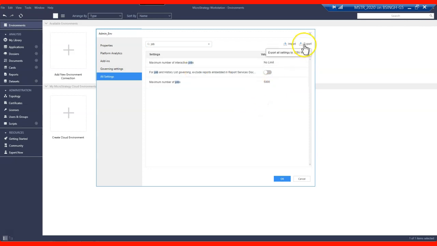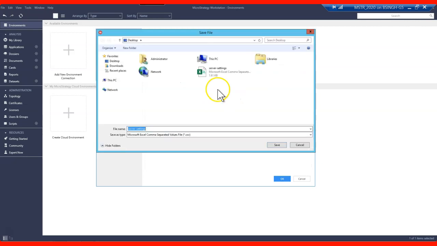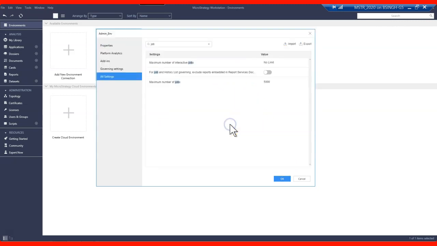Okay, so you can export this file. It's exporting now, and you can see it's a CSV file, server settings. That's fine, I have generated it. Okay, I'm just replacing this file. All right, so I've generated this file, and now I've exported it for my future reference, so that we can compare these settings later.